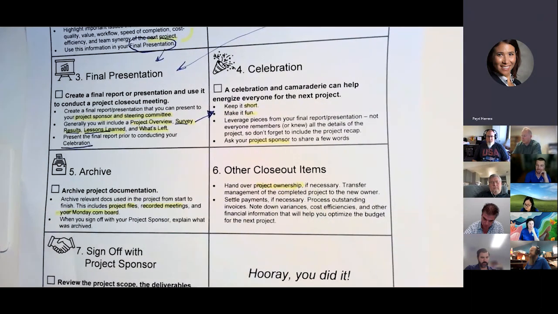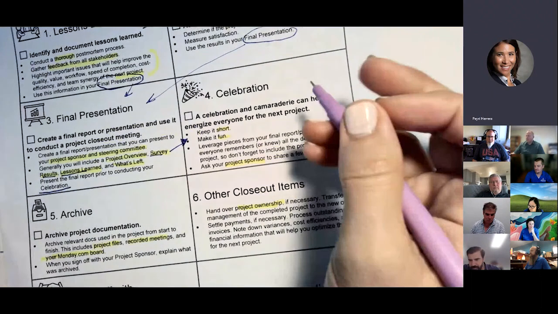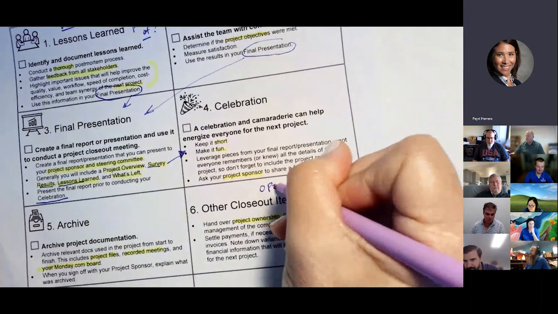So if someone else needs to take ownership of the system, the solution, the process, whatever it is, make sure that you hand that over because if you're not the appropriate party, you don't want to be stuck with it, right? So make sure it's now operationalized. So I'm going to write that word down actually, because that's really what we're talking about.